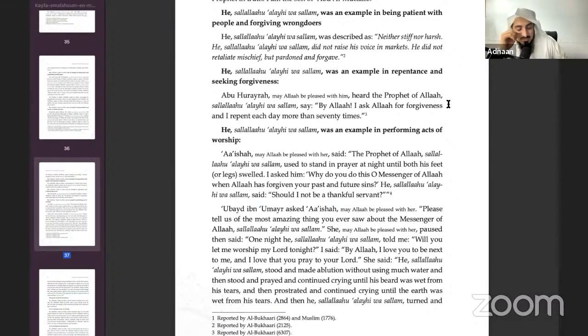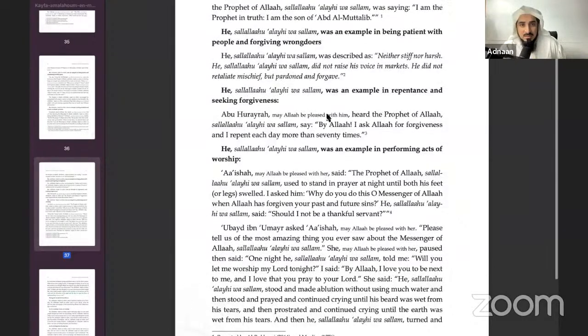Especially, I remember I was with a Sheikh in Medina. He always used to tell us, a student of knowledge should have ibadat, especially qiyamul layl. You can't maintain such a long period of time, so start with even 2, 3, 4 minutes. But it will make a huge difference, inshallah. He then says,